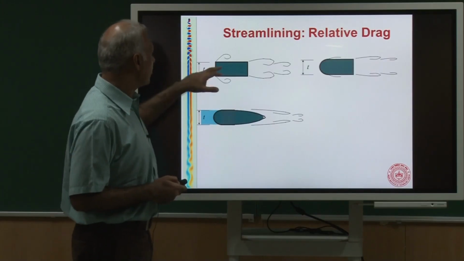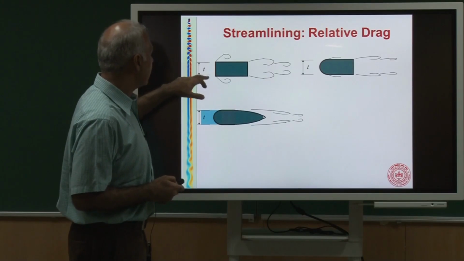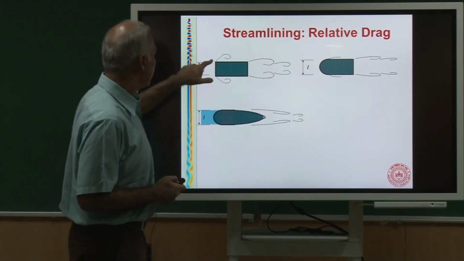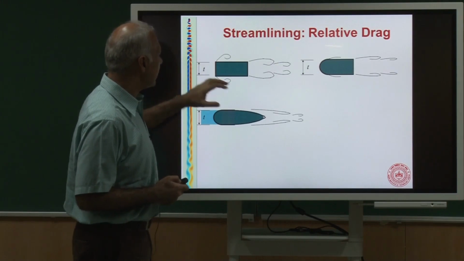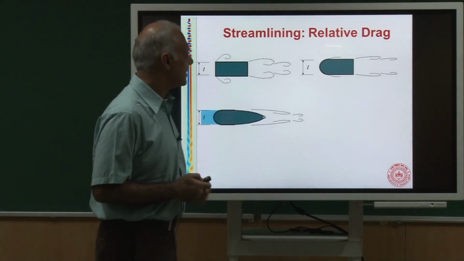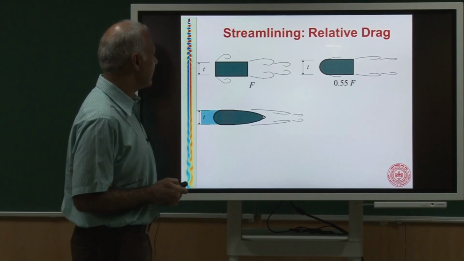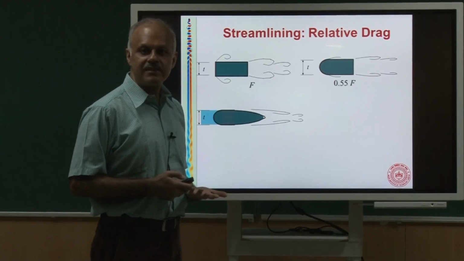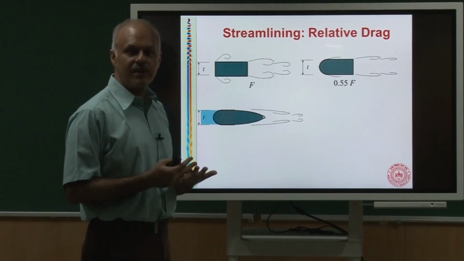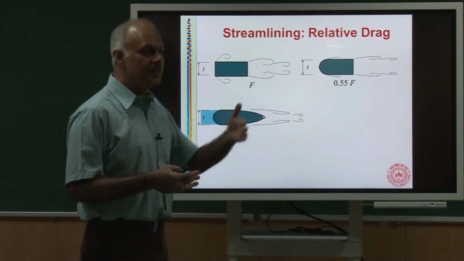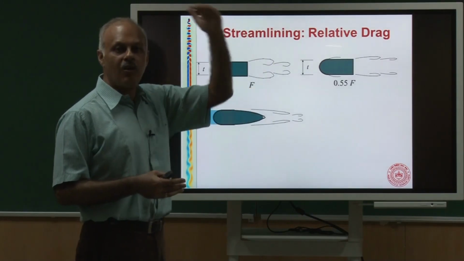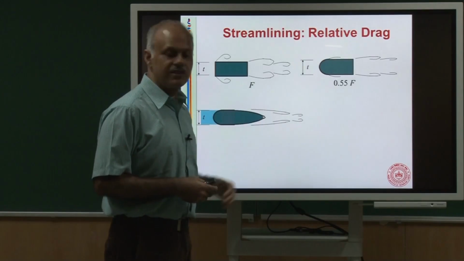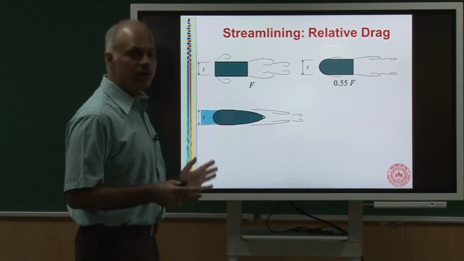So I have drawn some stages which I will show you. The first step I could take is I can just add some kind of nose to it, so that the flow which was separating here now does not separate, and it gets a little bit delayed. So right away the drag will reduce by 45%. So you must have seen trucks on highways. Sometimes the trucks will put a canopy on top of the roof. In fact, it is very helpful because that would reduce the drag without really doing much.